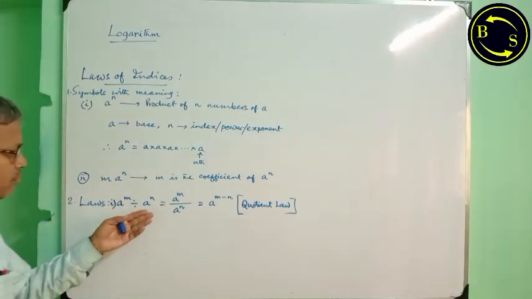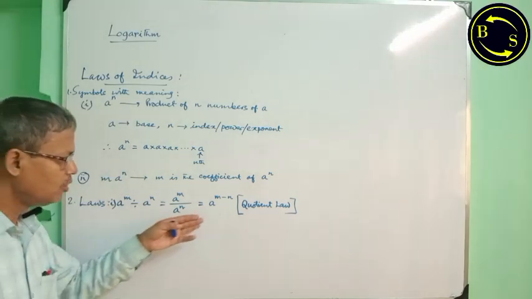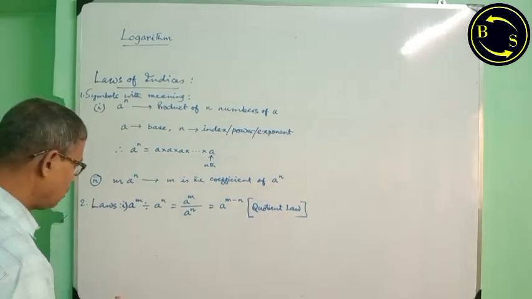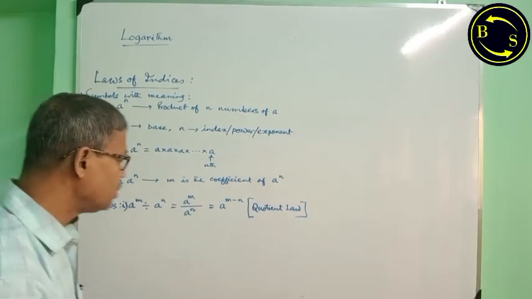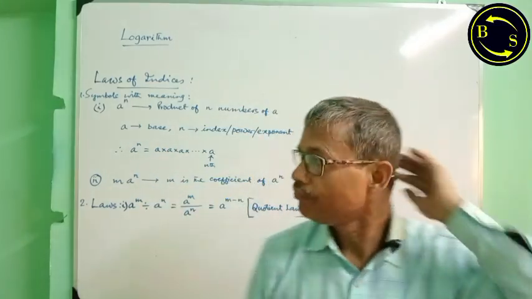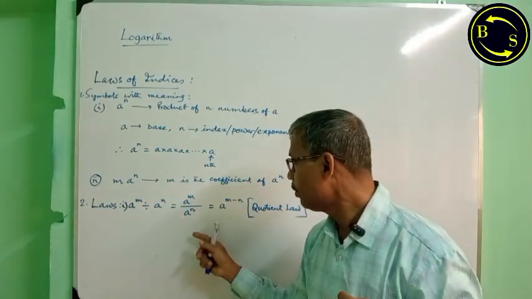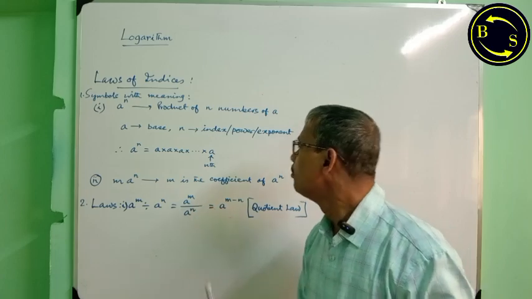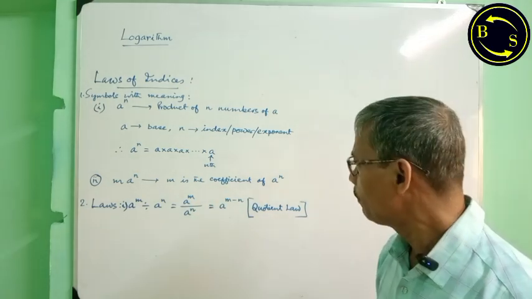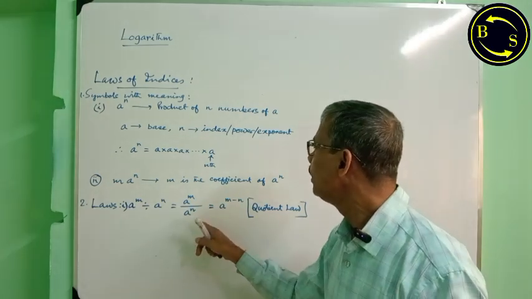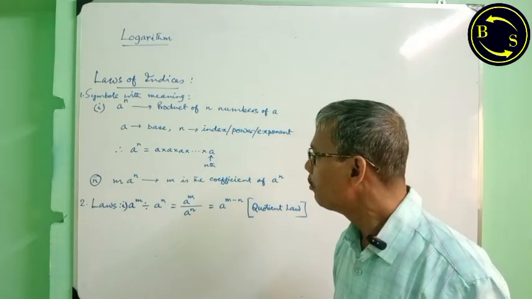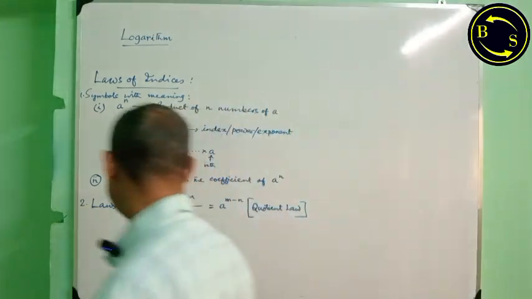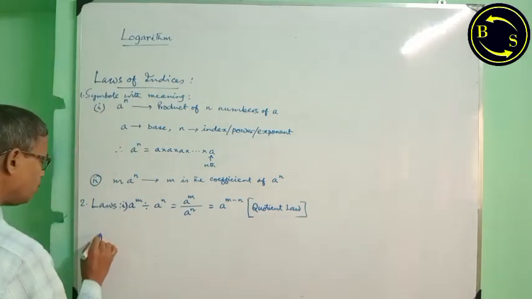a^m divided by a^n is equal to a^(m-n). We can also prove this. In a^m divided by a^n, the numerator a^m means there is a product of m number of a's, and the denominator is a product of n number of a's. Now if we cancel those like this, proof,